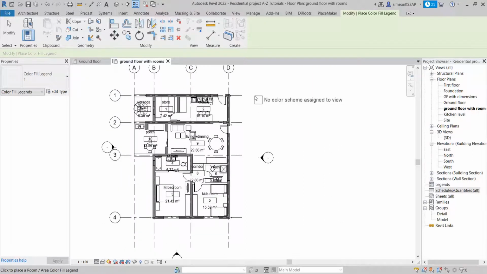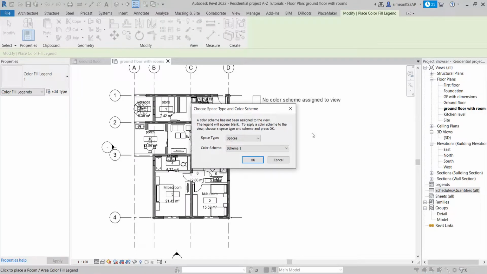Now I'm going to place the room legend here, and after clicking once, we have this dialog box where we are going to choose the space type. We are going to go to this drop-down menu and choose Rooms, and on the color scheme we are going to go to the names. So colors are going to be associated with the names. Now I will click OK,